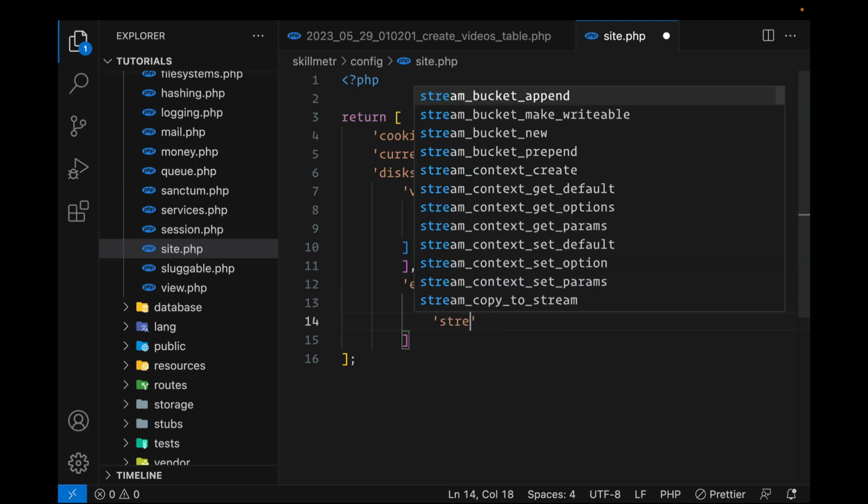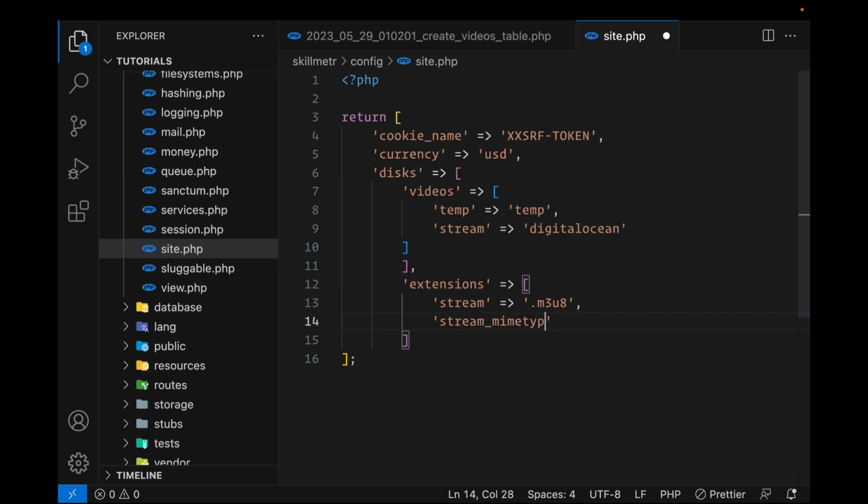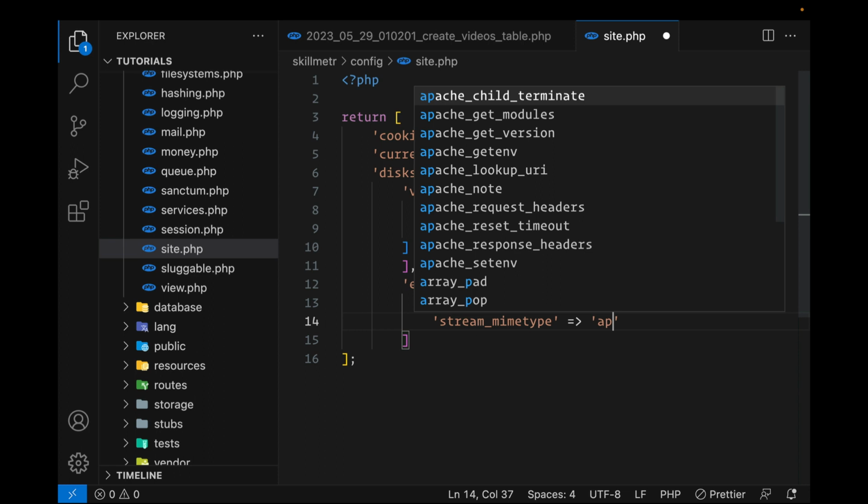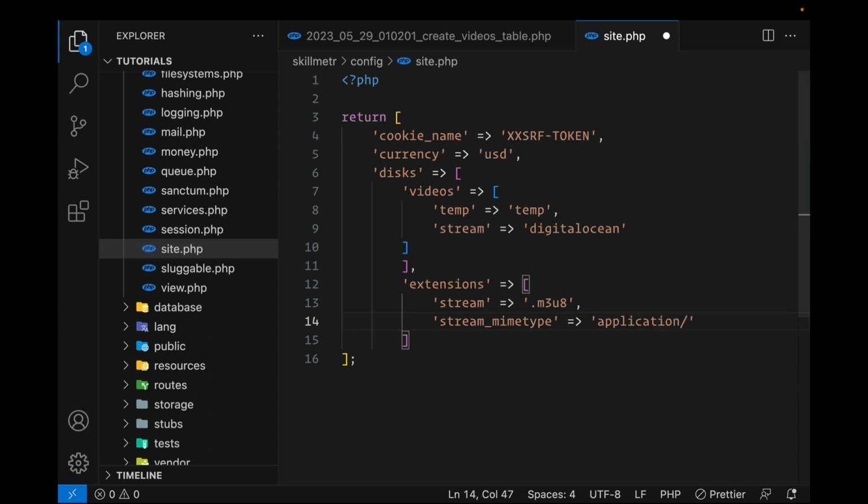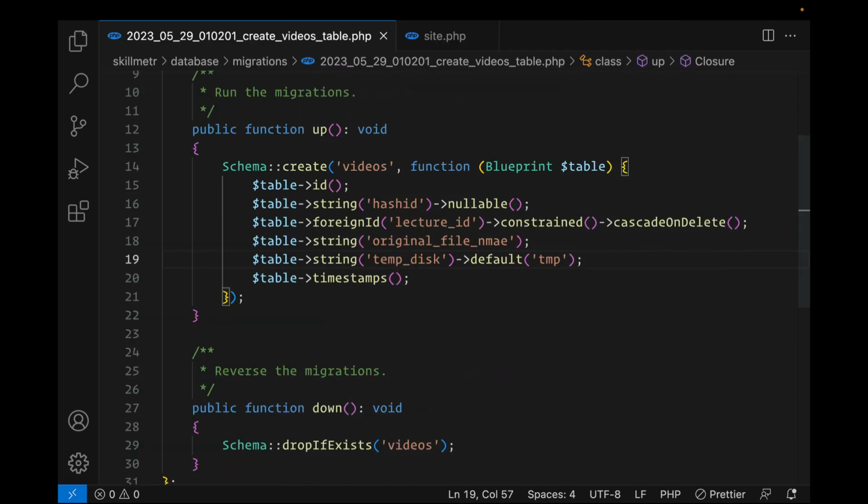Then the stream MIME type, because when we start serving the videos to the front end, we need to specify what the MIME type is for that video, and that is going to be used in video.js, for instance, in the front end to render the video player. So the format or the MIME type for an HTTP Live Streaming video is application/x-mpegURL. Okay, so we have specified the disks here, which means we can go back to our migration,